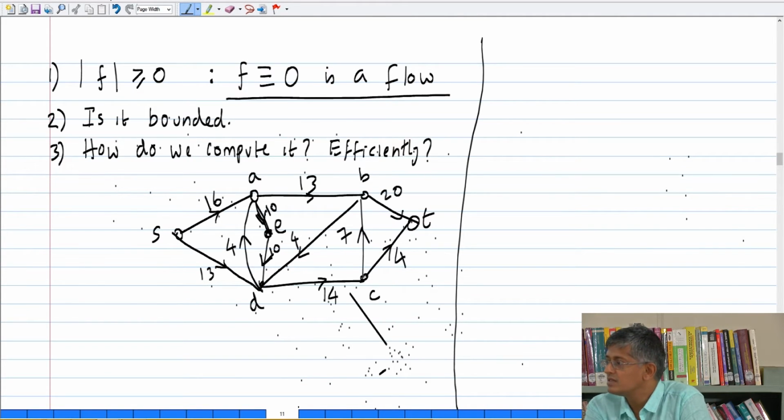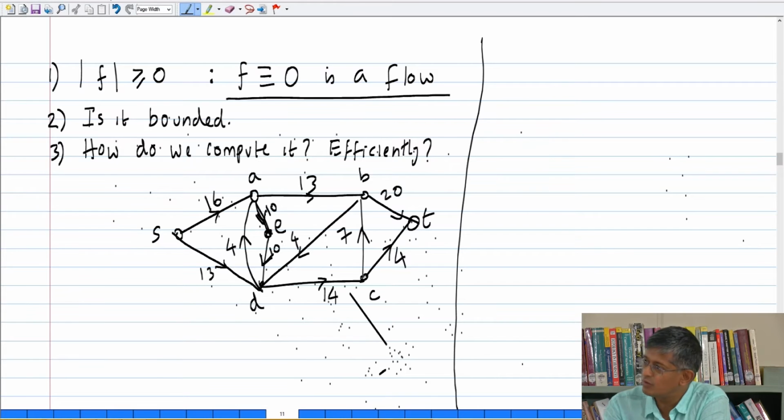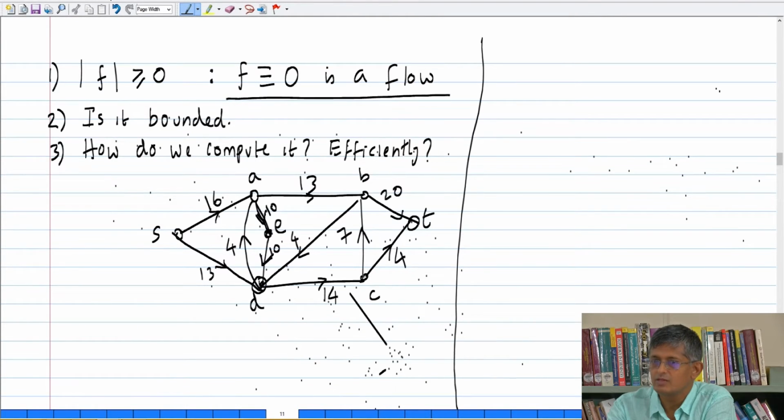For each arc, I will give a flow of, okay. Will that satisfy all the conservation conditions? So a natural way to think about it, I am sure many of you are thinking about it, is to avoid this complexity, right? So what is the difficulty that he has created? He is trying to basically give a non-zero flow to every arc. But I ask you to give a non-zero flow, which means that it is okay if you give non-zero flow